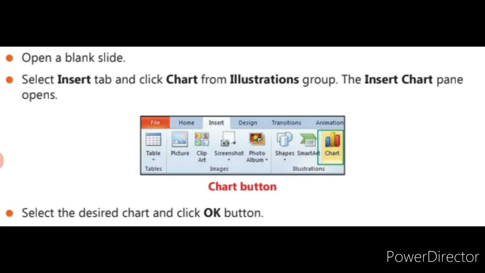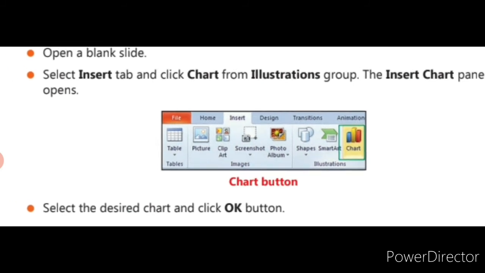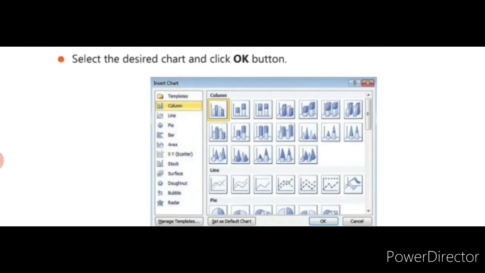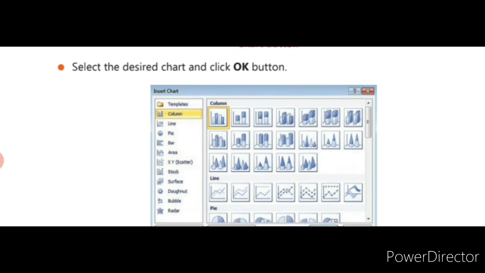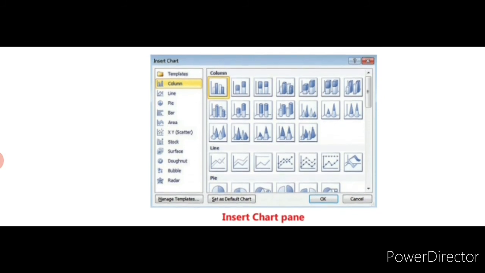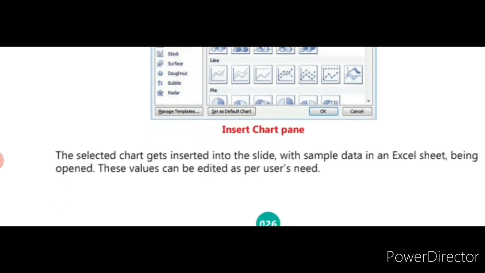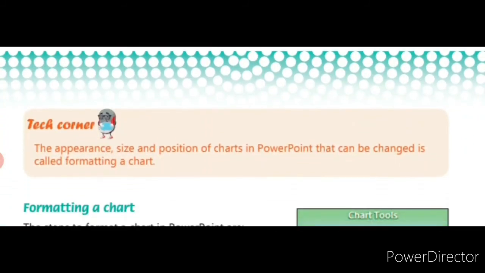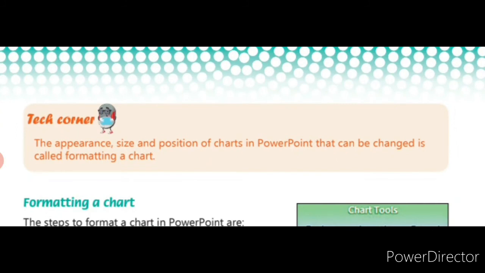What do you mean by formatting? Formatting is nothing but changing something in the chart. We'll see how to format a chart. What are the steps to format a chart in PowerPoint? Click the chart. Once you click the chart, you'll get the chart tool contextual tab on the ribbon. What is ribbon? Ribbon is nothing but a strip of tabs, always appearing on the top of your window. Select the design tab to change the chart type, data, chart layouts and chart styles. Select the layout tab to change the labels and background of the chart. Select the format tab to change the shape styles and word art styles of the chart.